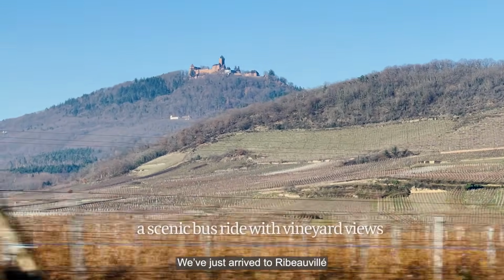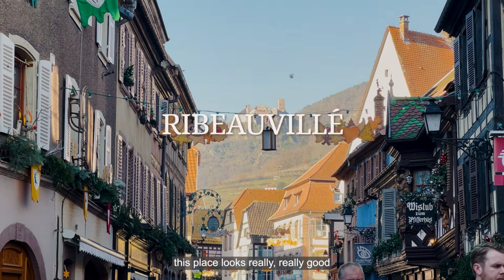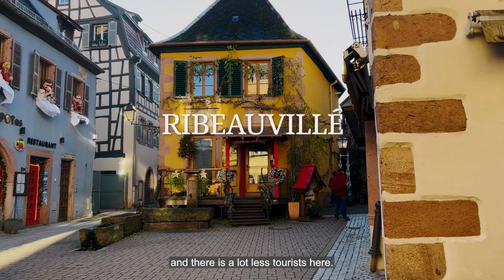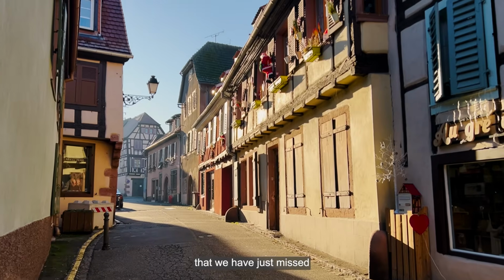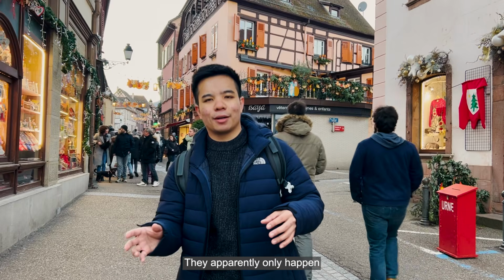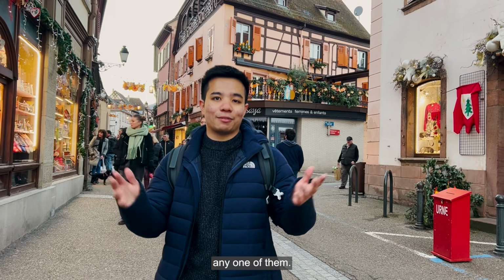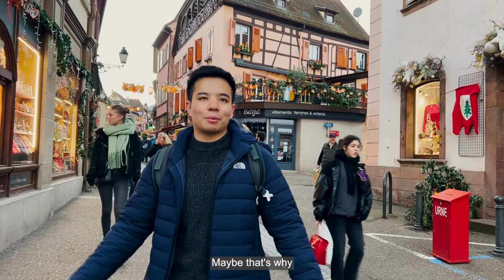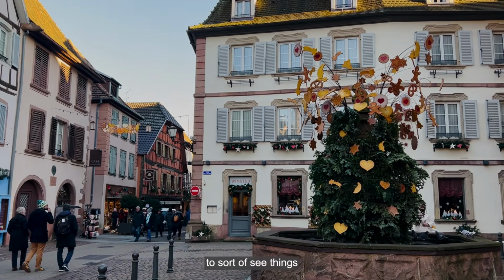We've just arrived in Ribeauville and we can see immediately this place looks really good. And there are a lot fewer tourists here. I think it's something to do with the fact that we have just missed the Christmas markets. They apparently only happen on 2 weekends, on which we are not on any one of them. We're here on a Monday. Maybe that's why there are not as many tourists, but it's really nice to sort of see things at your